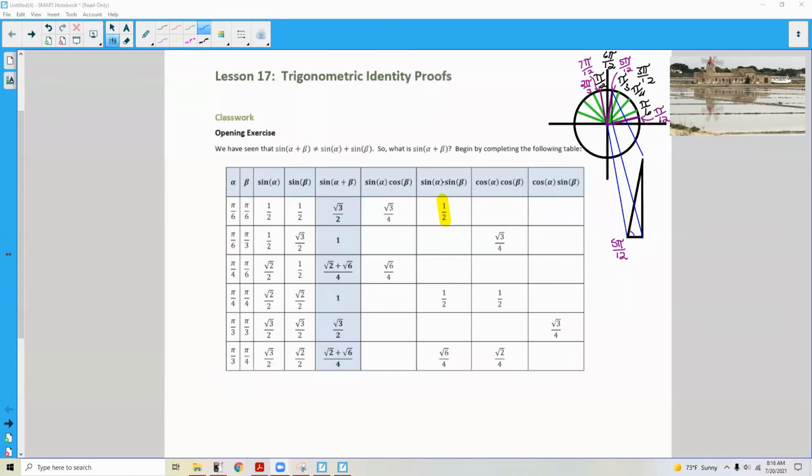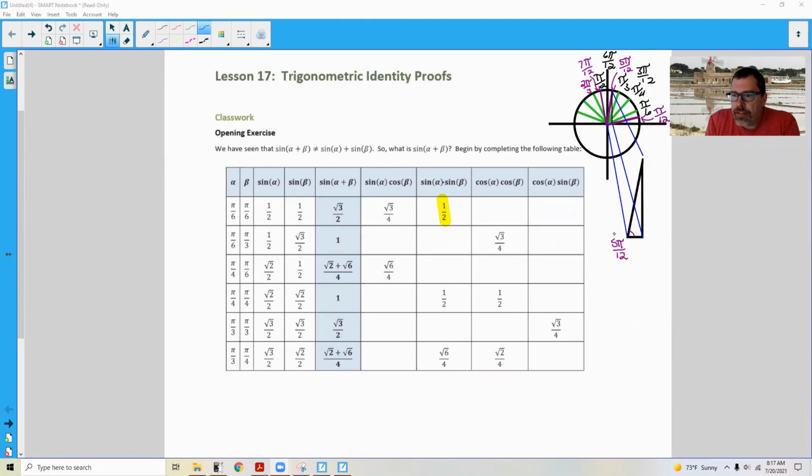All right, lesson 17, Trigonometric Identity Proofs. Classwork opening exercise. We have seen that sine of alpha plus beta does not equal the sine of alpha plus the sine of beta. So what is the sine of alpha plus beta? Begin by completing the following table. All right, so